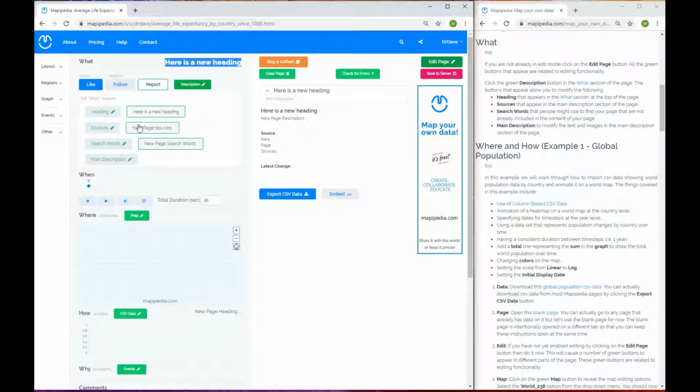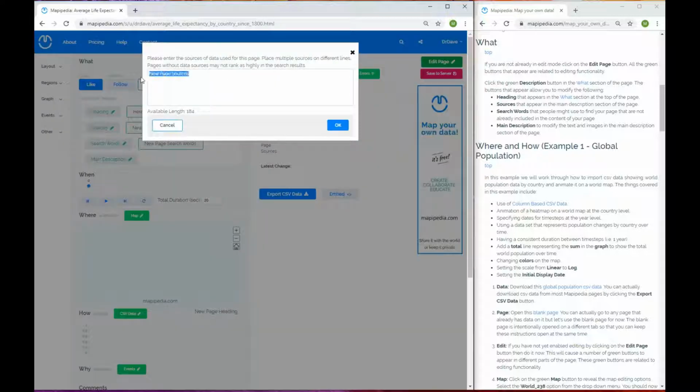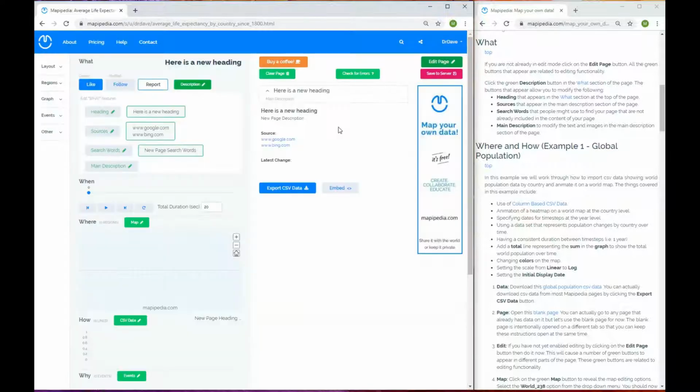here. The sources, so often it's a good idea to reference sources in your page, so that if people want to find out more detail about where the data has come from and check the legitimacy of the information on the page, then they can do that. So if we, I don't know, let's just put in any link for now, and you can have more than one. So you can click OK, and you can see that these now appear in the sources section of the